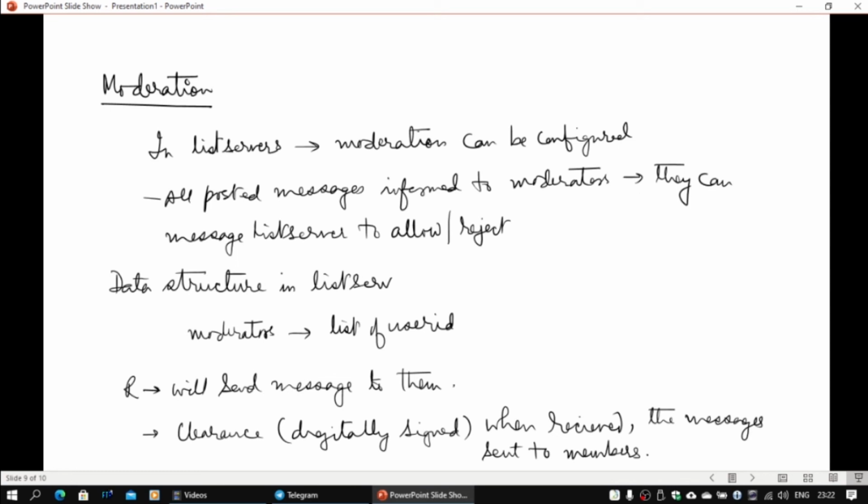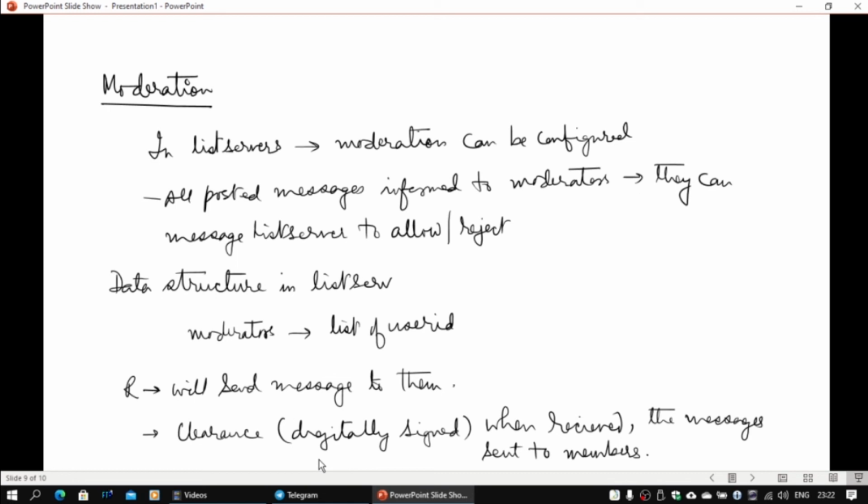So he creates the list of moderators, and whenever a message comes which needs to be moderated and cleared, a message needs to be sent by the list server, that is the root node, to all the moderators which are listed. So all the moderators will get it. Once the moderators get this, they need to clear it.